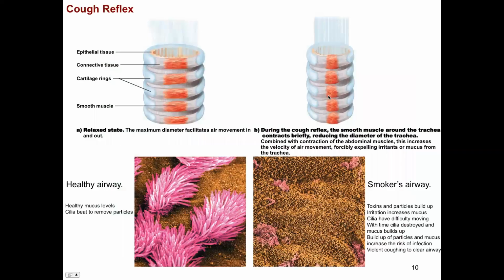Now, looking at the cough reflex. So when the carina initiates the cough reflex, two things are going to happen, all right? So first of all, the smooth muscle is going to tighten the passageway, so it's going to get narrower. And the other thing that's going to happen is that air is going to be forced out from deep in the lungs, through the contraction of the abdominal muscles, and it's going to force that air out at an increased rate. And with the smaller diameter, because of the contraction of that smooth muscle, we have a lot of force to push any particles out